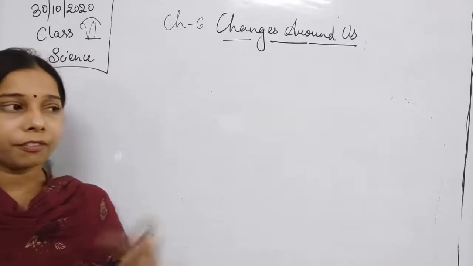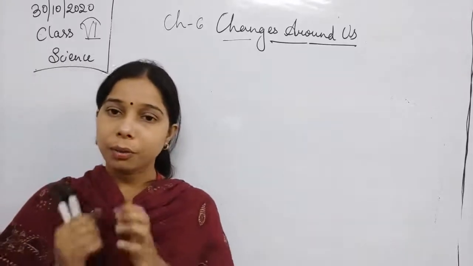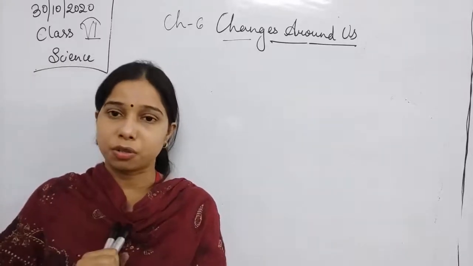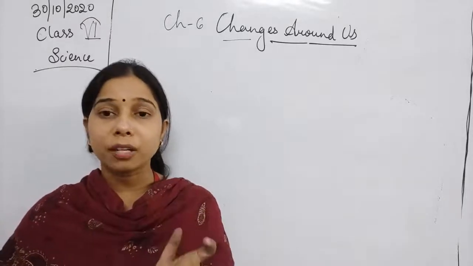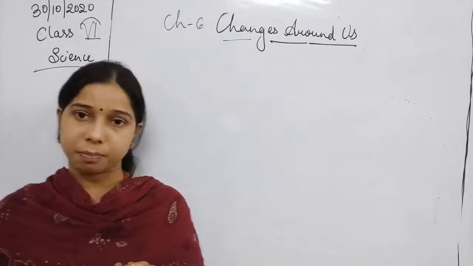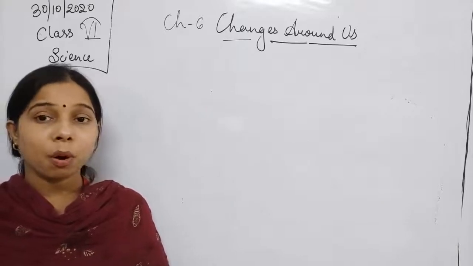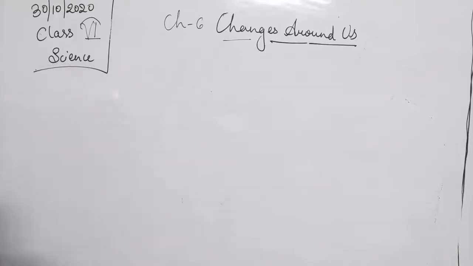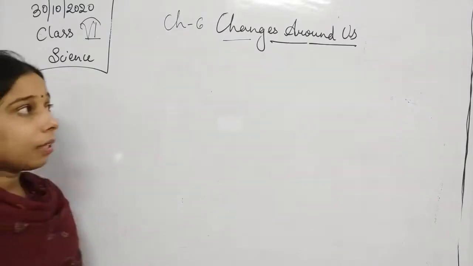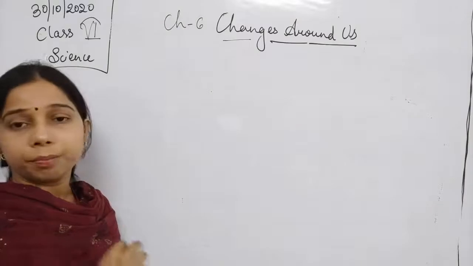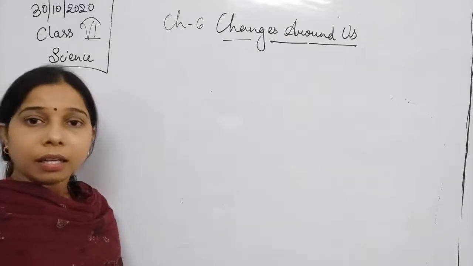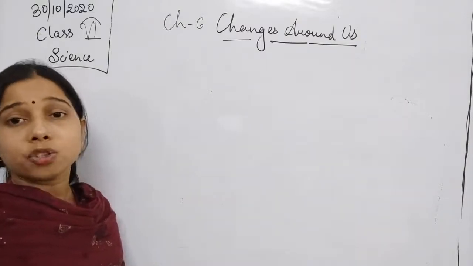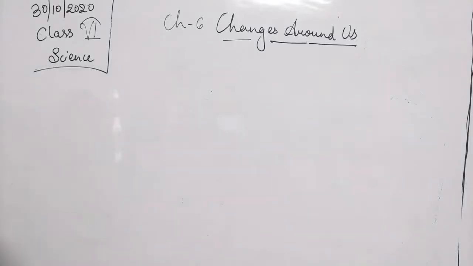For example, students, if you take a sponge and press it, you will see that there is a change in the shape and the size of the sponge. That is also a kind of change. So if any change occurs in the properties, we will say that a change has occurred. Change in the properties defines that the change has taken place. So we can write it.